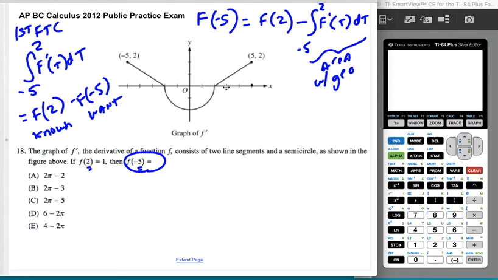So the big trick here, and I almost fell for it, is that you're only integrating from negative 5 up until 2. So you don't need this stuff at all, which is the thing to be careful about. So this is going to be a positive area because it's above the axis and I'm integrating from left to right. Specifically, this is going to be a 1/2 the base times height. So essentially our answer is going to be f of 2, which is known,